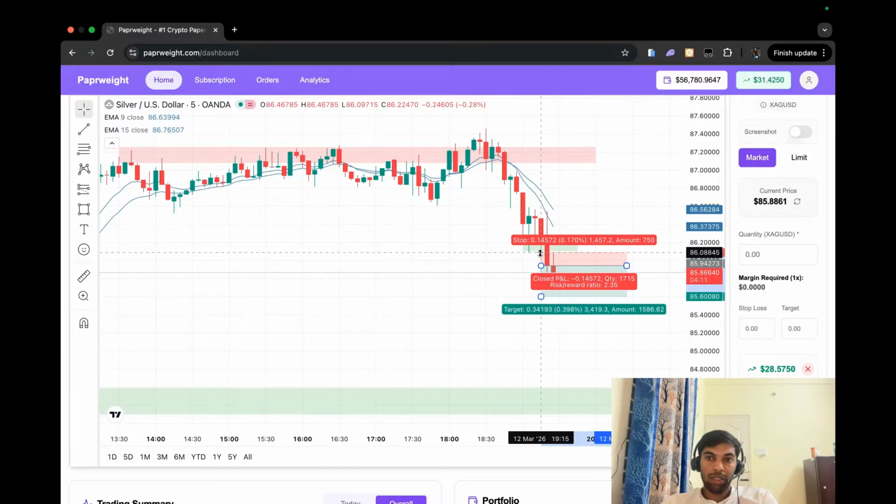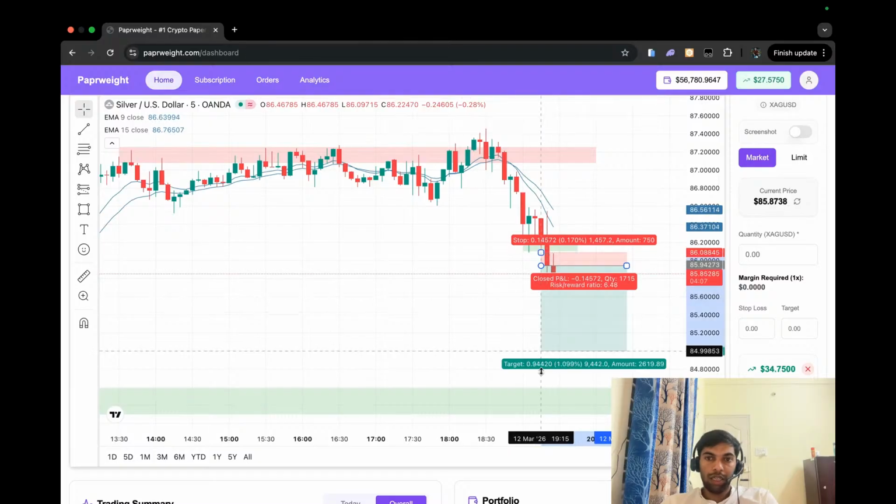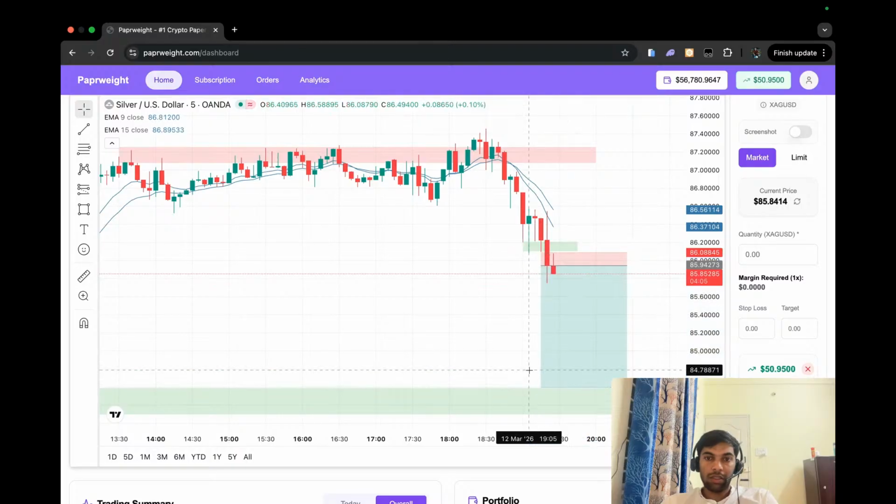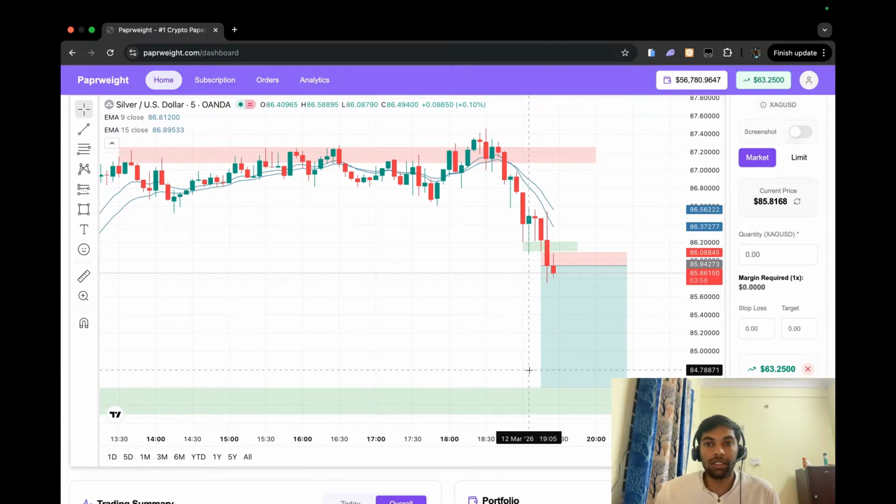Stop loss would be the high of this candle only. Target would be this. Okay. We will add more quantity later on, but right now let's